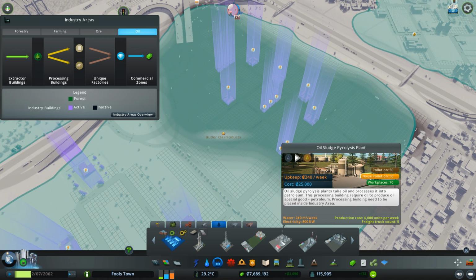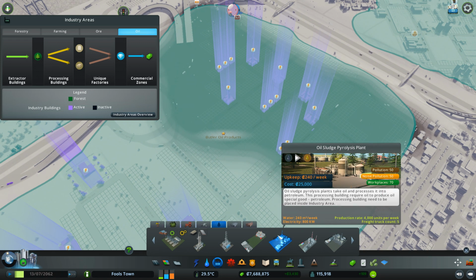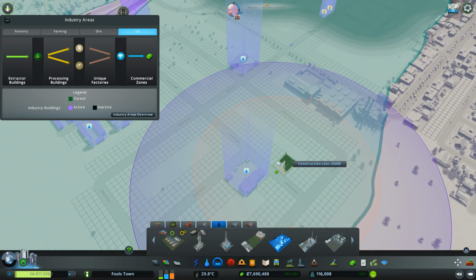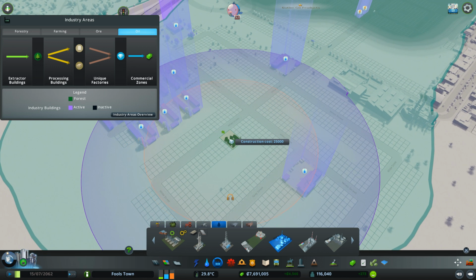What's this stuff then? So this turns the oil into petroleum. Do these need to be on oil? Oil sludge takes oil and processes it into petroleum. The processing building requires oil to produce petroleum. The processing building needs to be placed inside it. So production rate into that. Okay, I get that. I'm not sure if that means it needs to be on the oil. I'm sure we'll find out. But for now,